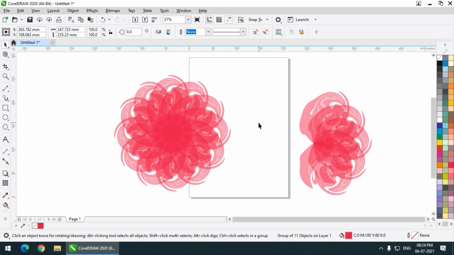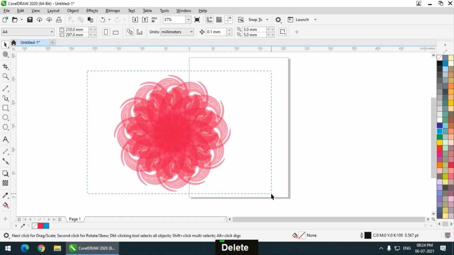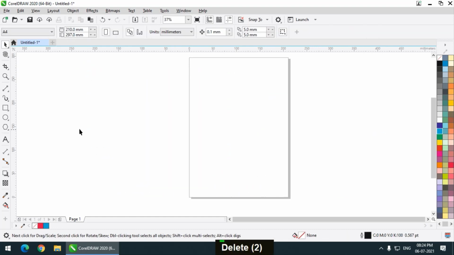This is what we can do by using the twirl tool and the tools that we have learned in the previous video. We can change the color and we can play with the different values. We can also use the linear transparency, which I'm going to discuss in future videos. So I will delete this because it is taking too much time. So simply remember, if you use more than one tool, you can create some interesting shapes in CorelDRAW.